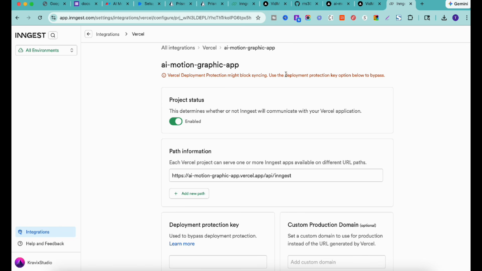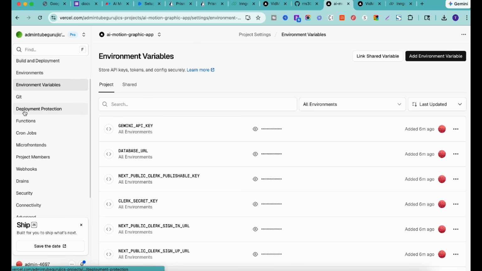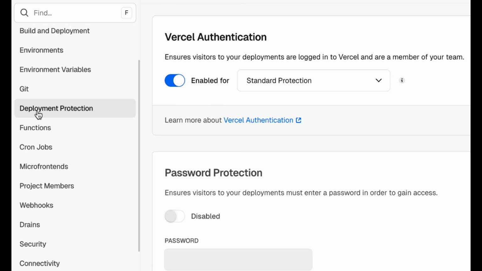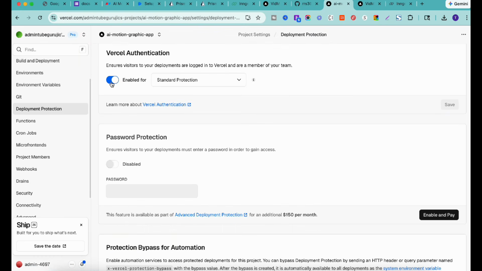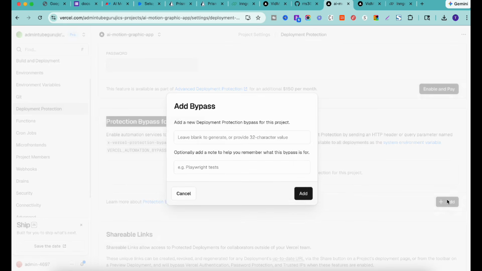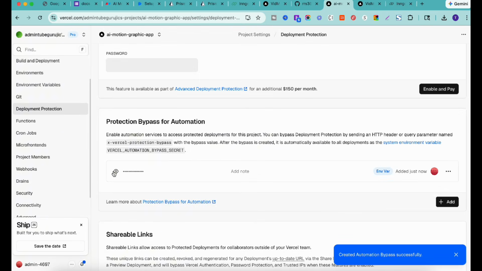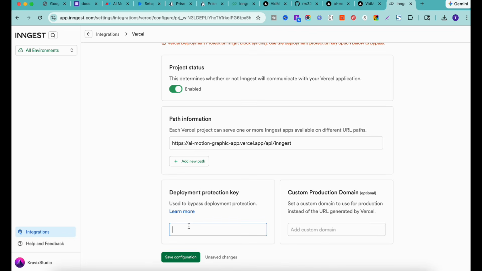Now the question is how to create this deployment protection key. So inside your Vercel project go to the settings, and here you will find an option called deployment protection. Just click on it. Currently it is enabled, but you can either disable it or you can create a protection bypass automation key. Just click on add, and here you can even leave this blank. Let's say click add only, and you will get this key. Copy this key, go back to your ingest, and then simply add this key over here,